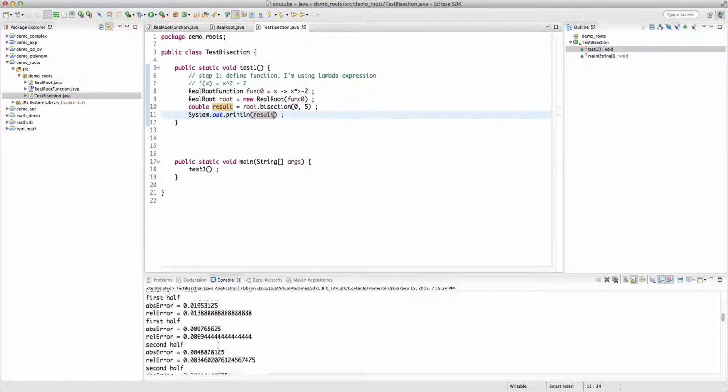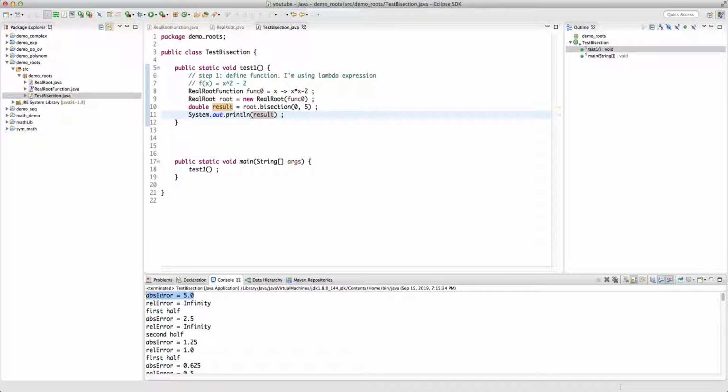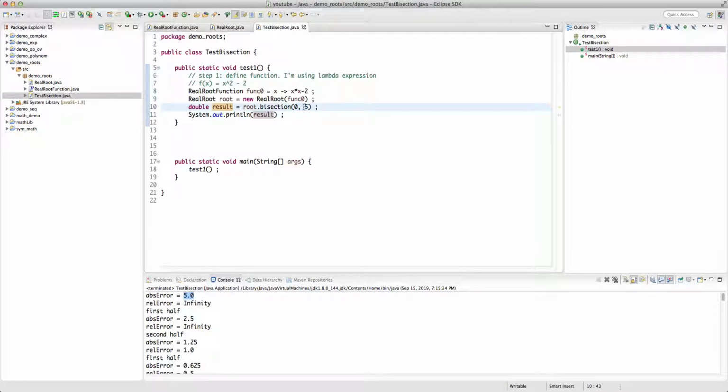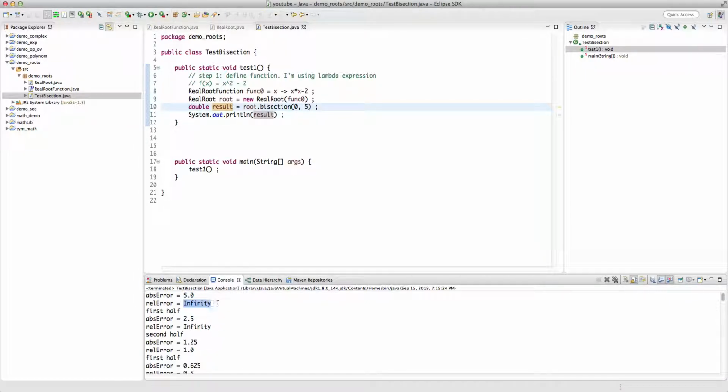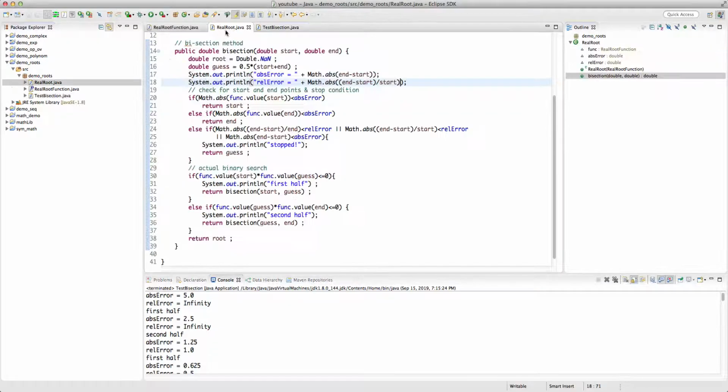All right, so let's see what happens. Our absolute error is first 5, right? 5 minus 0, that's the first interval. The relative error is infinity because we defined the relative error here with the start point, and here it's 0,